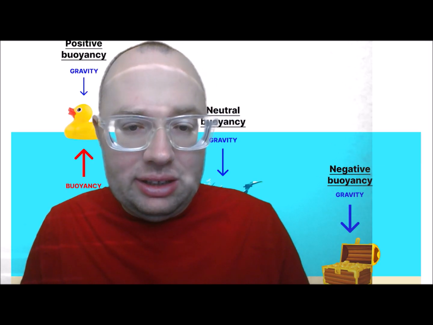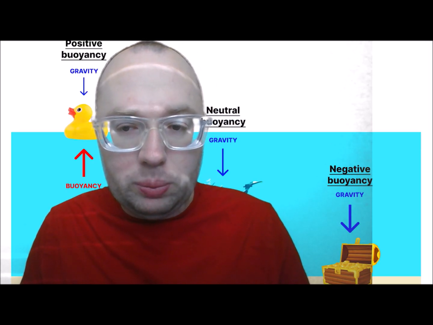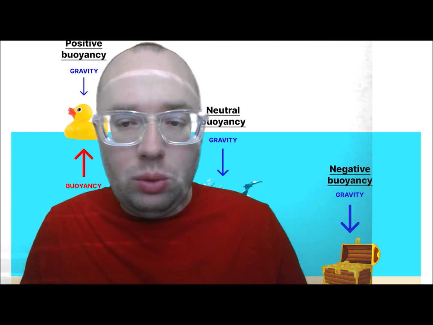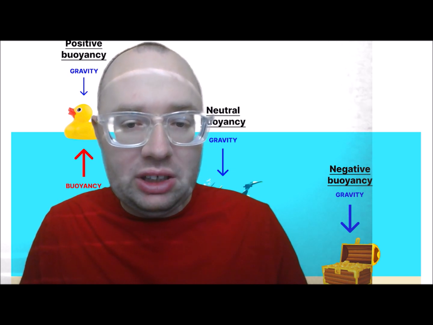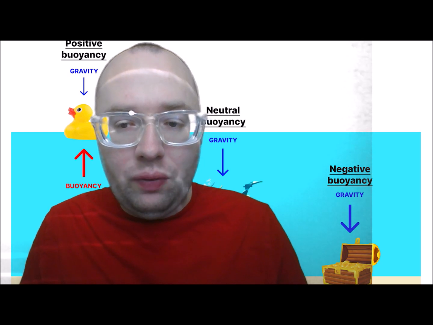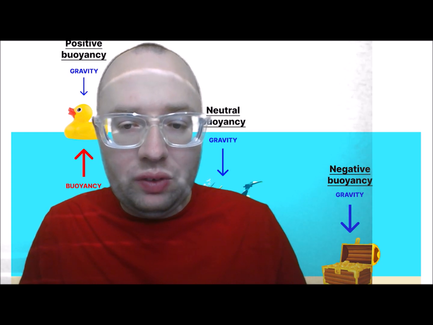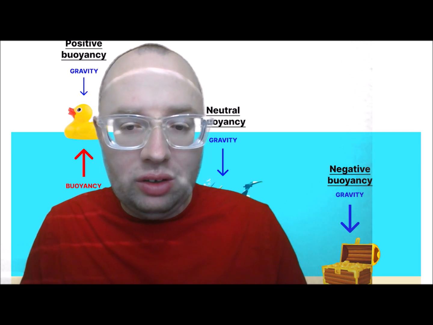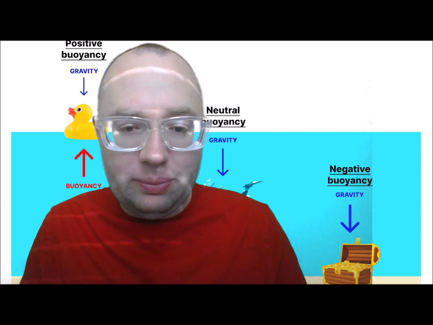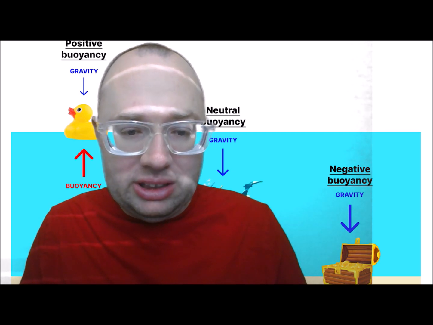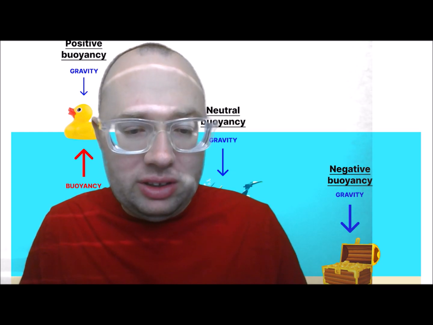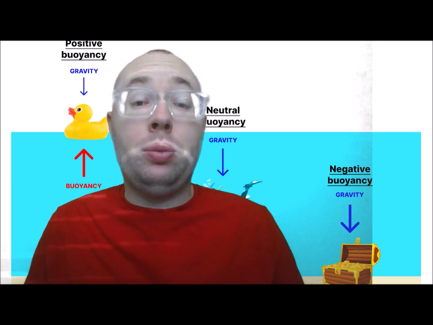Any object that is in water has some buoyant force pushing up against gravity, which means that any object in water loses some weight. If the object displaces an amount of water equal to its own weight, the buoyant force acting on it will be equal to gravity, and the object will float. This means it has positive buoyancy. But if the object weighs more than the water it displaces, the buoyant force acting on it will be less than gravity and it will sink. This means it has negative buoyancy.